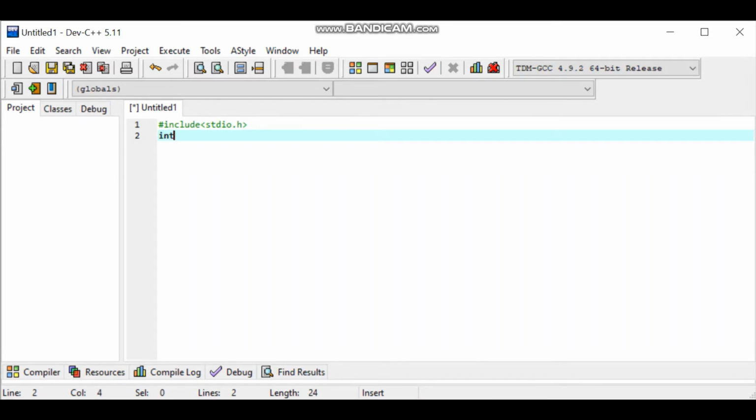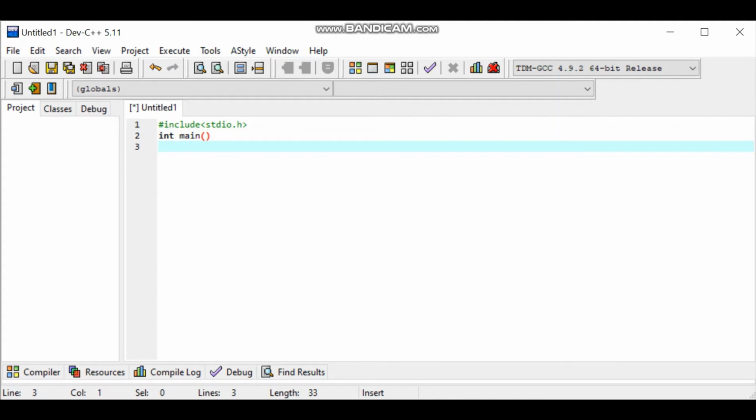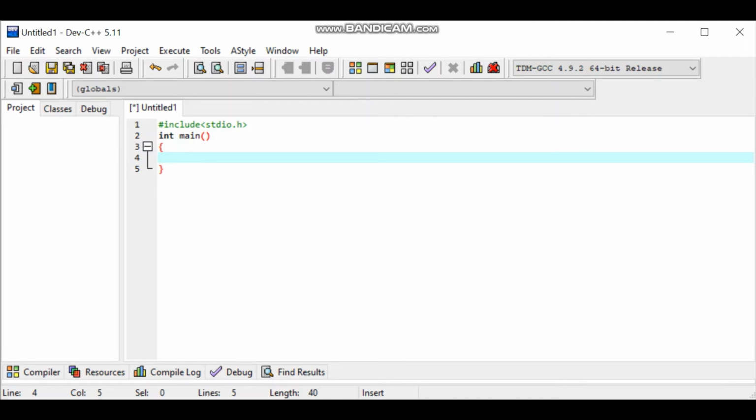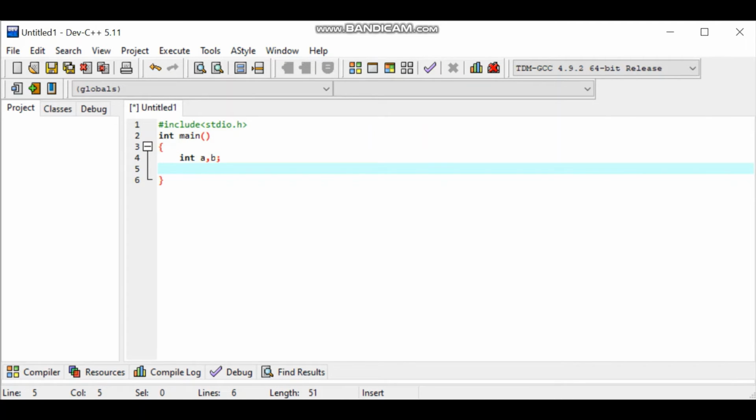Next step is int main, then a curly brace, then we will take two integer variables a and b. Now printf, "enter the values of a and b".